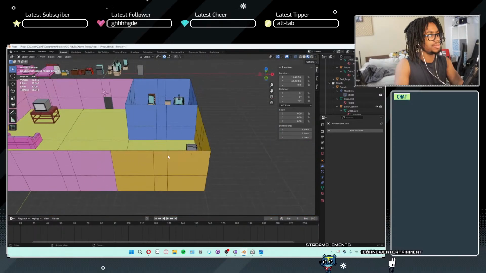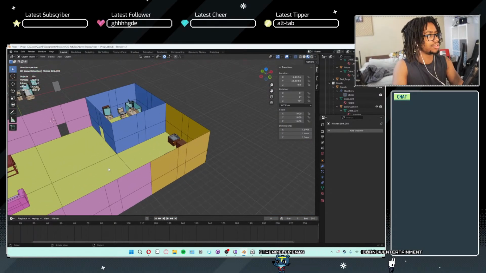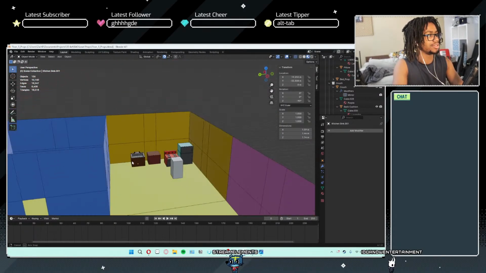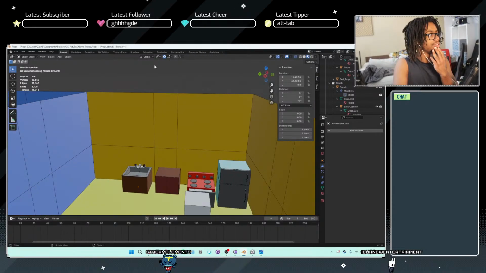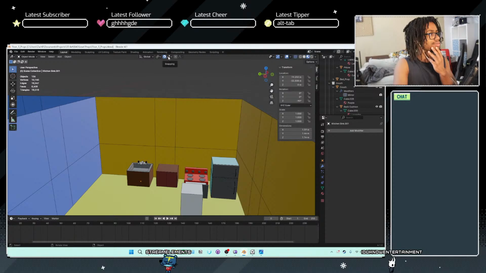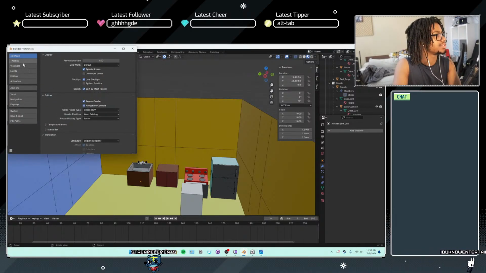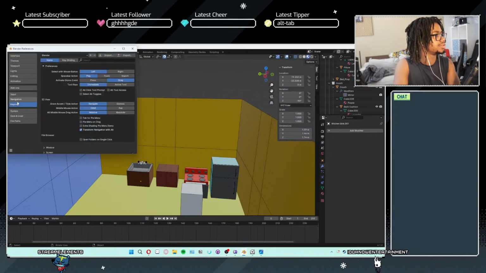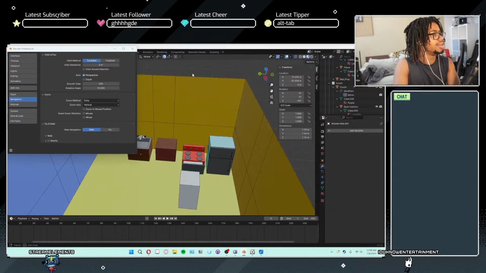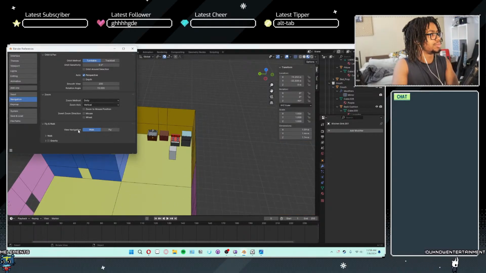So now that we've placed all our props, with the exception of a couple of events, there are some areas I'm realizing need fixing. So let's see if we can figure out how to change the snapping increments. I'm assuming it's in the preferences. Then let's see. First input, key maps. Let's try input. No. Okay, so this is what I'm gonna figure out. Block view navigation